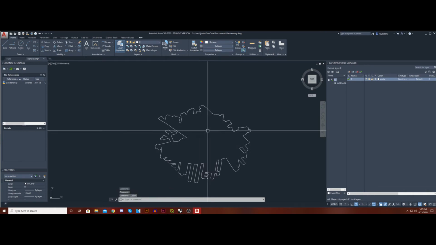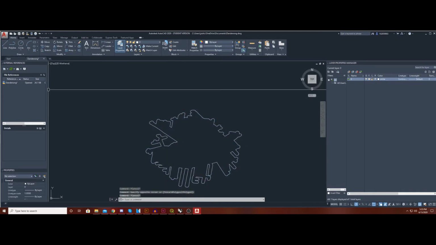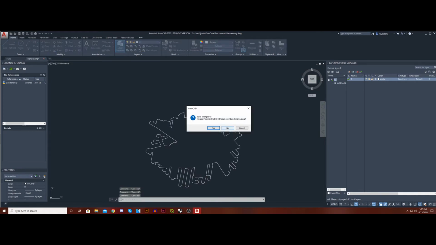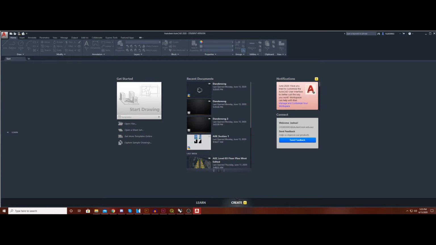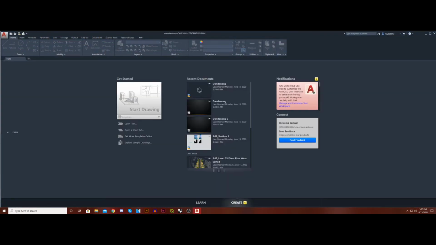So you can just plot it. Oops. Yep, there you go. So it's not working because of the alert in the initial part where it says that the file is being opened, so I can't really do anything. So the way you do it is just to close it, save it, yes, close it, and open it again. So currently that's the DWG file,